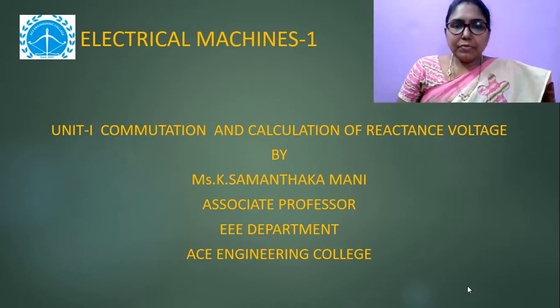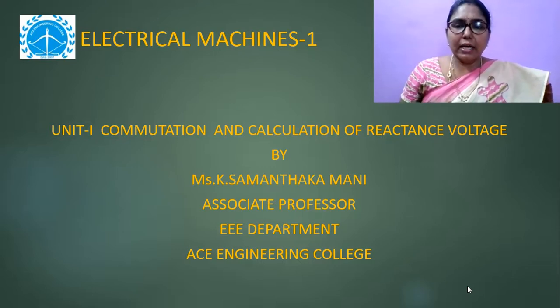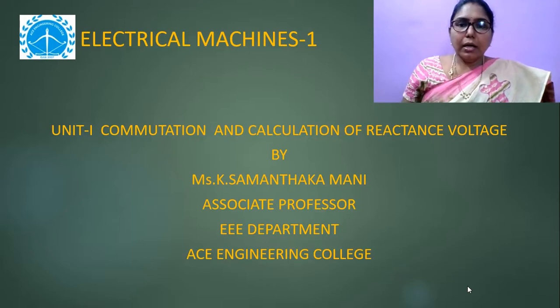In the previous class we discussed what armature reaction is, the different effects of armature reaction, the demagnetizing effect and the cross-magnetizing effect. Because of these, what problems do we face in a DC generator, and how do we overcome them by calculating ampere turns per pole? We did derivations for that, and also solved problems on it.